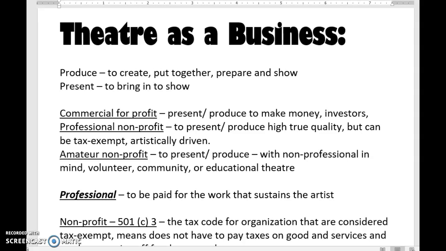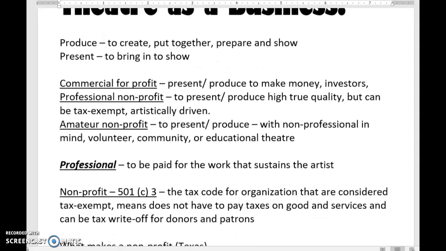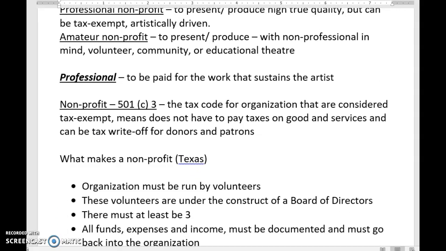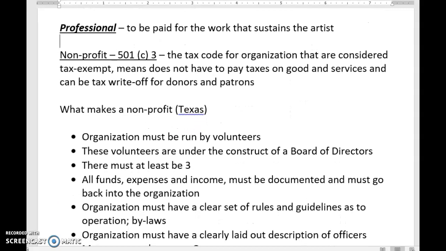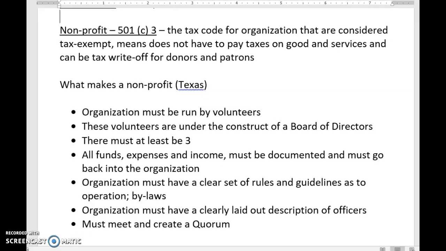Okay, so let's go into nonprofit. Now this is part 1, so we will do a couple of parts so it makes sense. So let's look at what nonprofit means. A nonprofit typically comes by way of the fact that it is not a professional entity, and typically you are a nonprofit when you're in the tax code of what's called a 501c3. I'm going to use Texas as our example, so that we have an idea of how this works. But a nonprofit 501c3 is a company that has a tax code